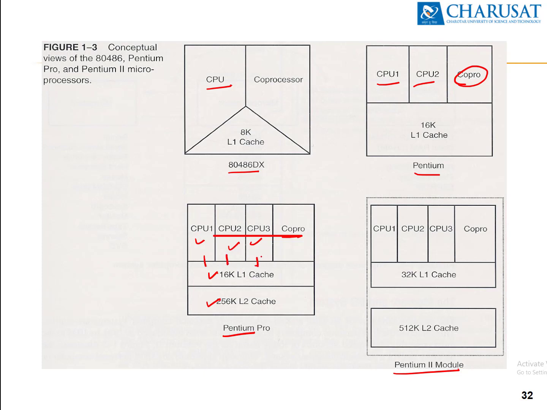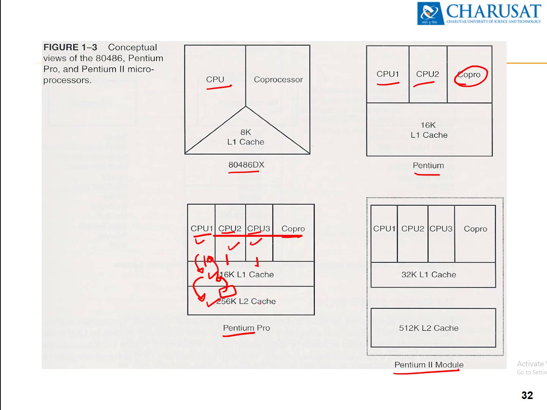If ALU1 wants data, the data will be available in the L1 cache if it is available there. If the data is not available in L1, the operating system has to find the data in L2, and then that data is transferred from L2 cache to L1 cache, and from L1 it is available to CPU1 or ALU1. In short, if any of ALU1, 2 or 3 wants to access data, it first accesses L1. If it is not available, an operating system trap will be created, and the operating system will find it in L2.